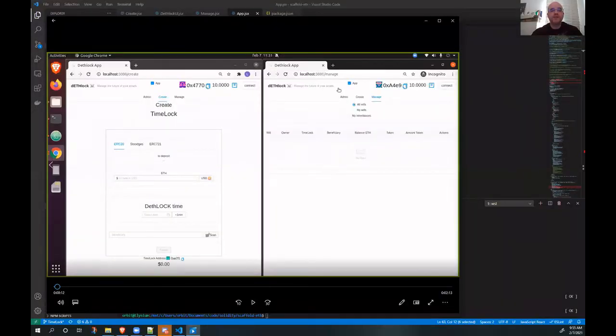So here we have the scaffold sketch of our front end. On the left is our deployment address standing by with the will creation page. On the right, we have the second address watching our will management page, which runs on top of the graph.